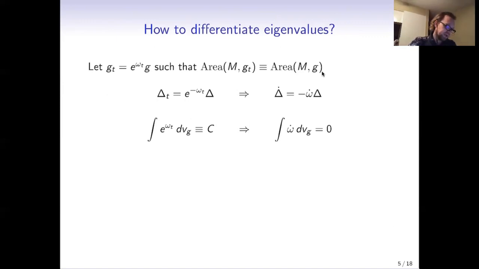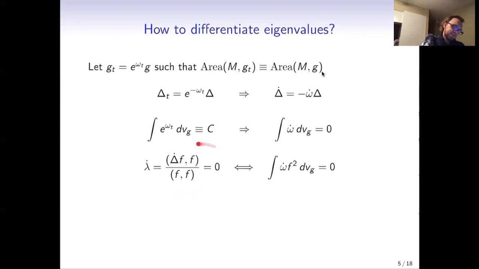And now let's plug it back in the formula for lambda dot, right? So lambda dot equals this. If you plug everything back in, it means that the numerator has to be 0, right? So if you're looking at the critical points, we want the derivative equals 0. It means that this is 0 for any omega dot satisfying this condition,